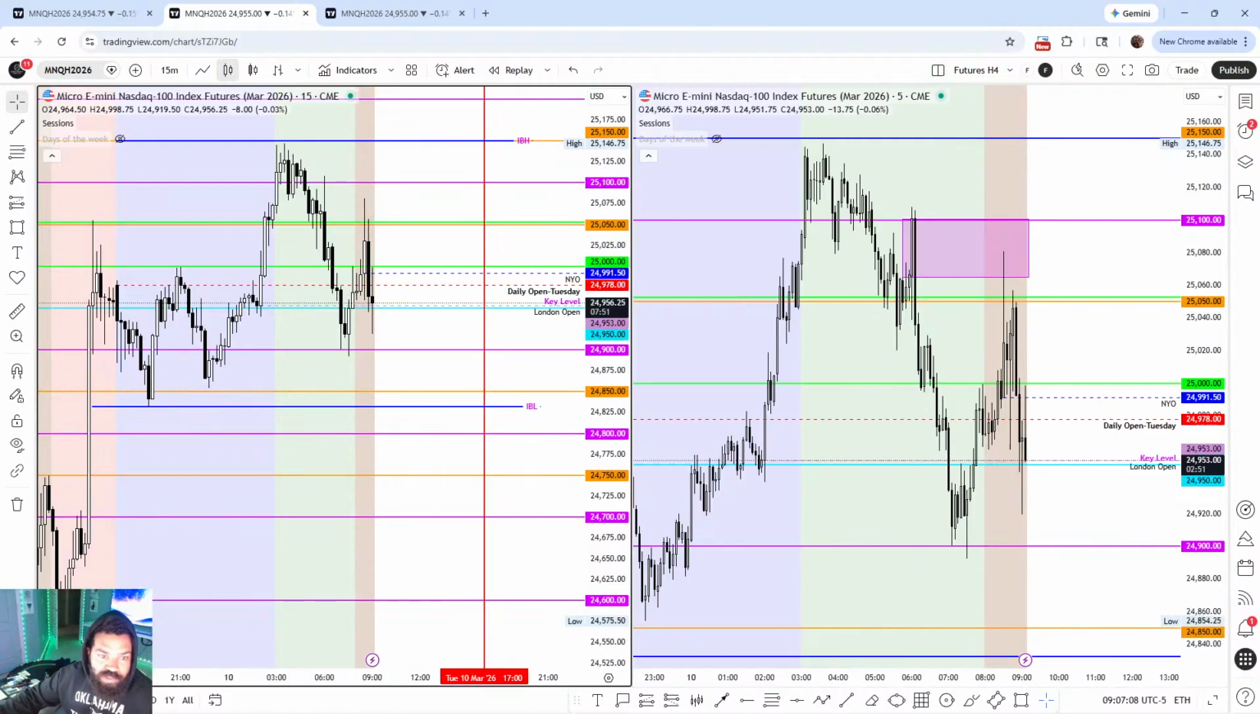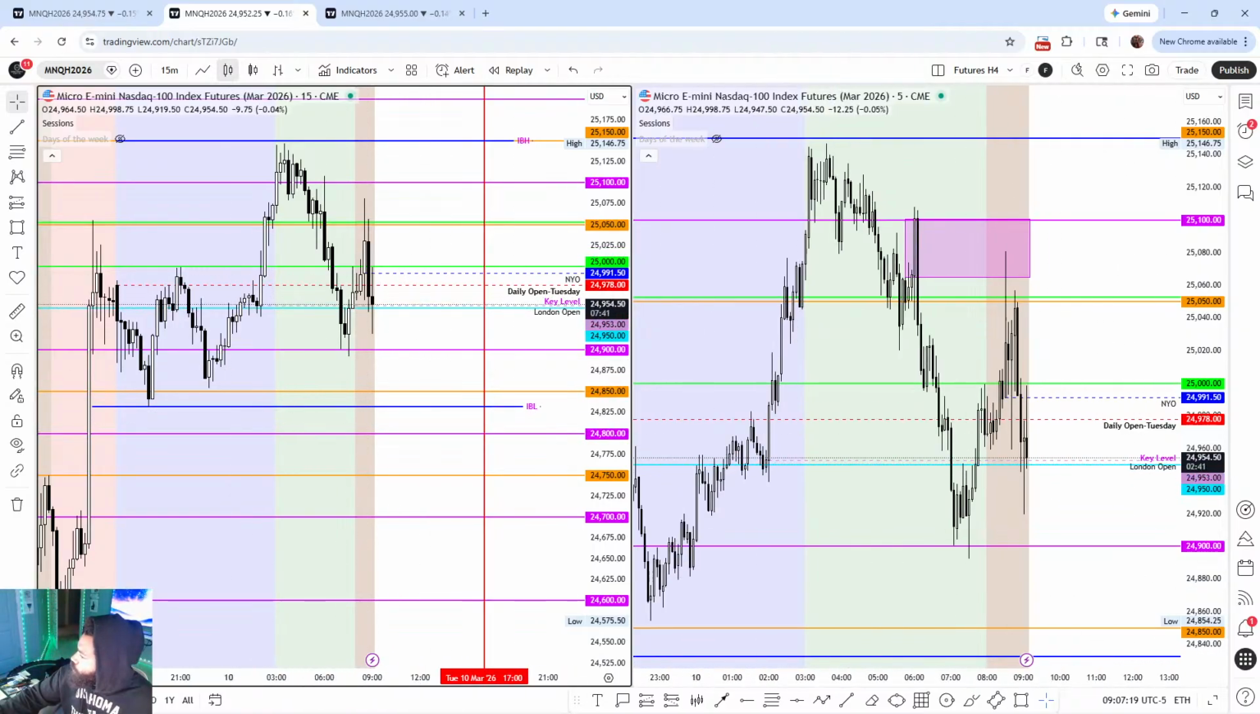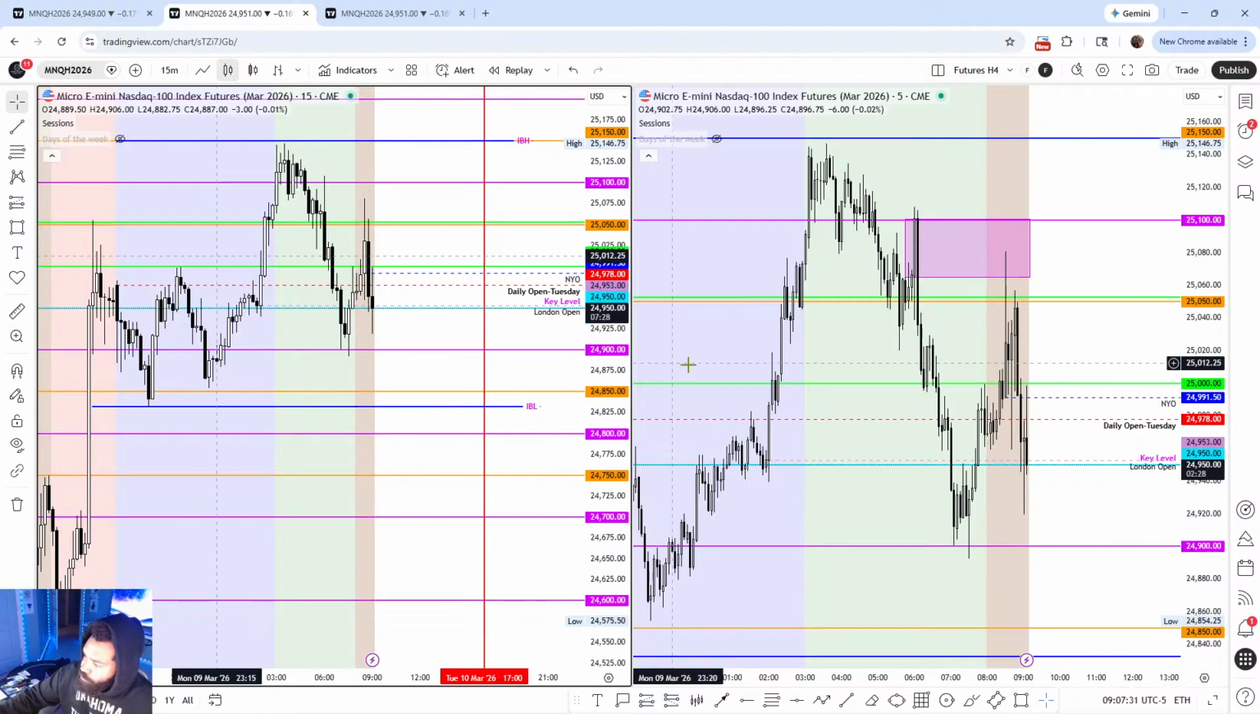ES still holding 67.75, so I just want them to break out of this area. Like, I want them to come lower than the high below, if they're gonna do it. Now they still could hold the demand here, 24 950s, but